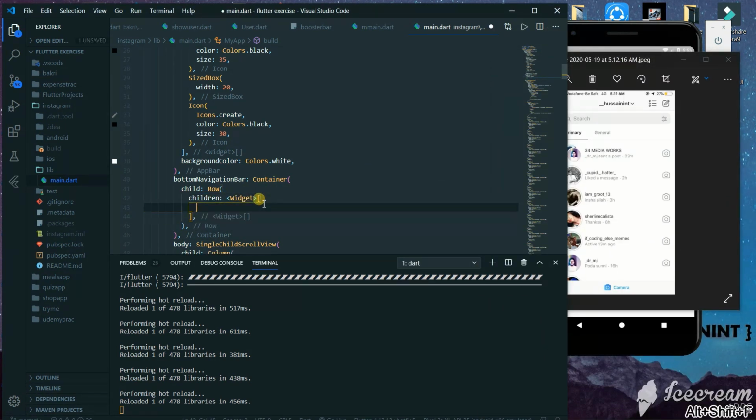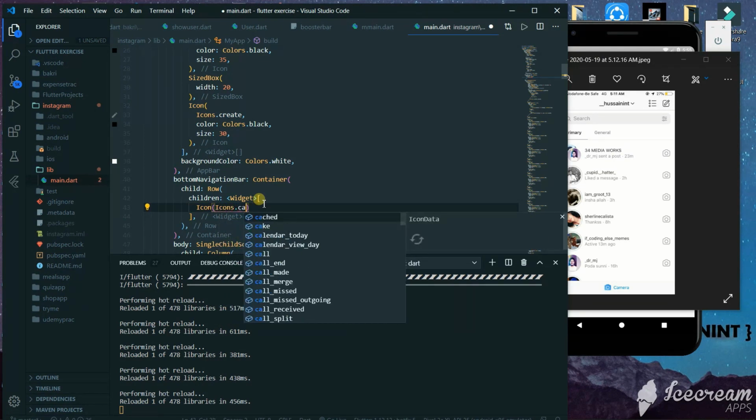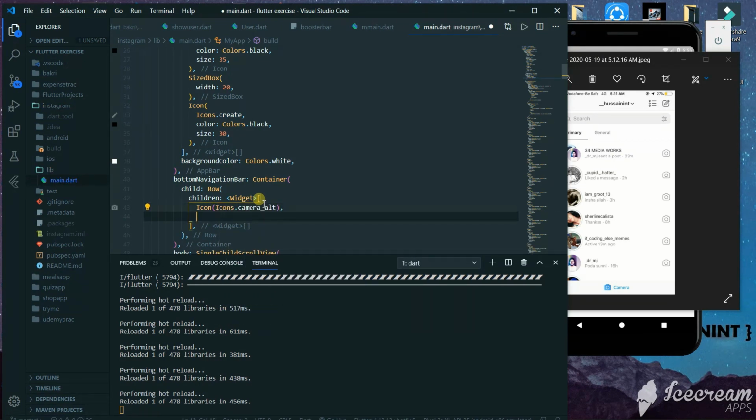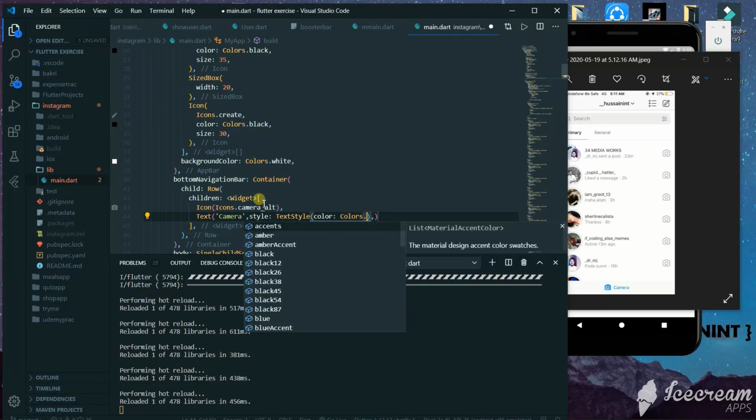First we'll give an icon that will contain the camera, and next we have the Text widget. We'll give the text Camera and give it styling with the style attribute and TextStyle. It's pretty basic in every app. We'll give this a color of blue,